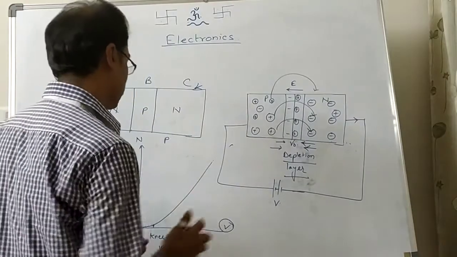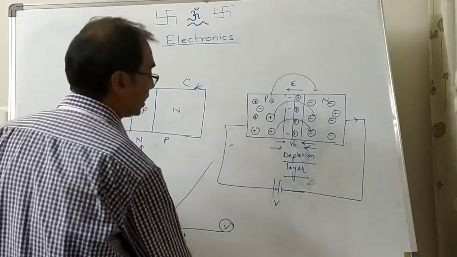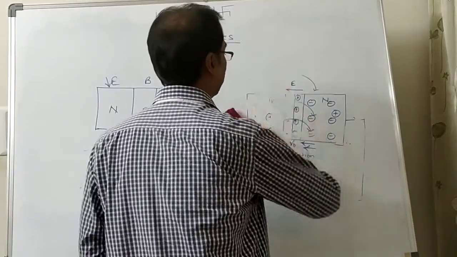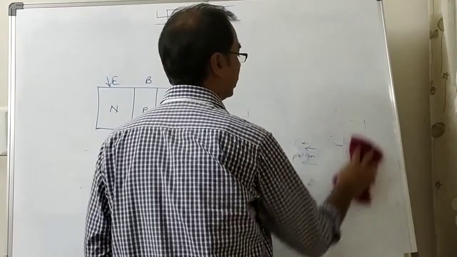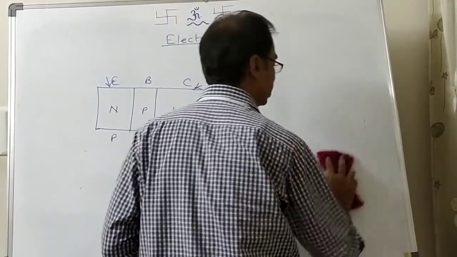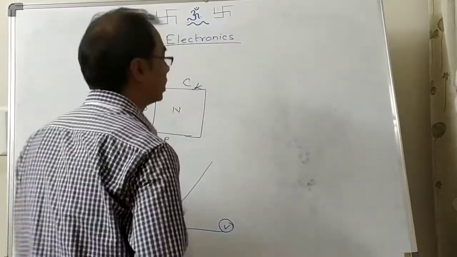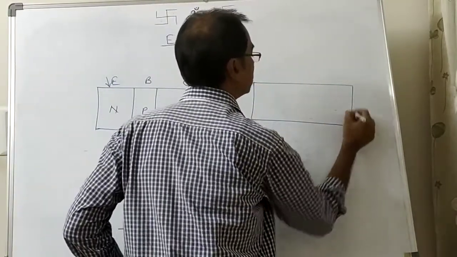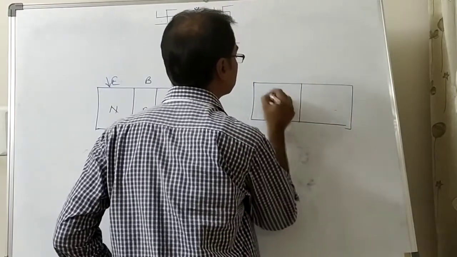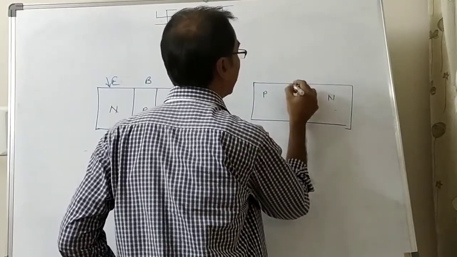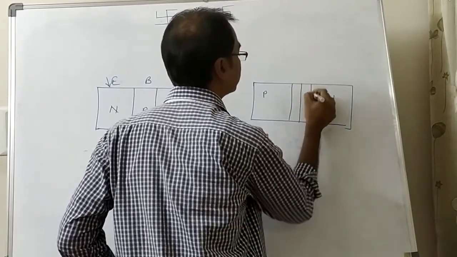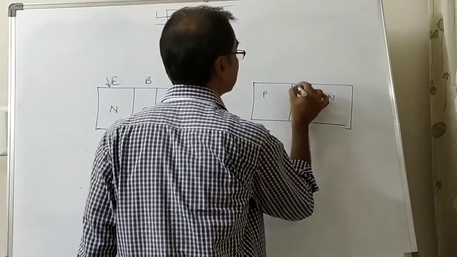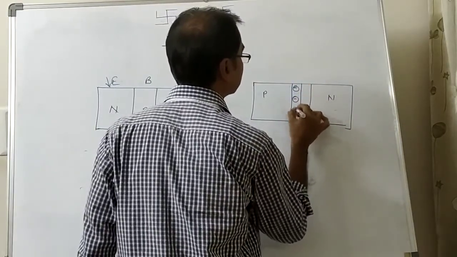Okay, now let's discuss the reverse bias characteristic. In reverse bias, what happens? Before connecting it with the battery in reverse bias, again we will have a depletion layer, right? So again I am making the depletion layer, and we will start from there. So this is the PN junction, P and N, and here we have the depletion layer, which is made by minority charge carriers. Here is minus, and here is positive.